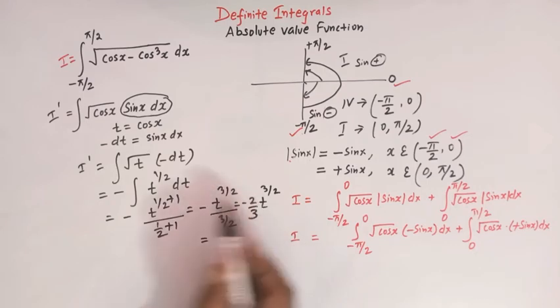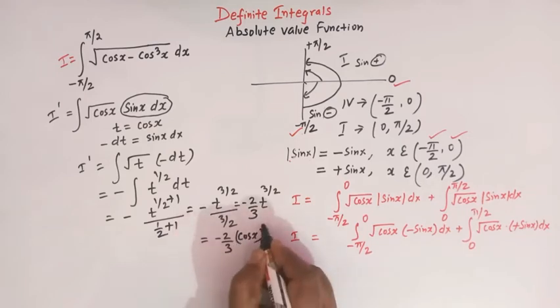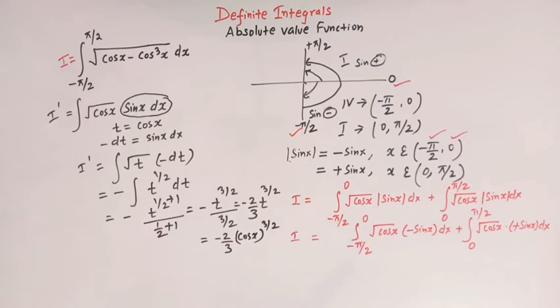And again taking t as cos x, we have minus 2 over 3 cos x raised to 3 over 2, right? So now this integral, we can take negative sign outside, so we have minus 2 over 3